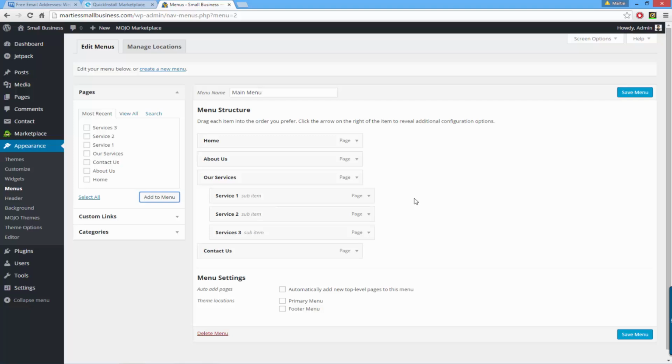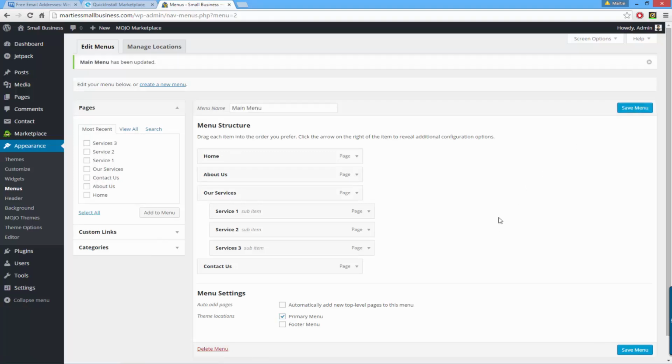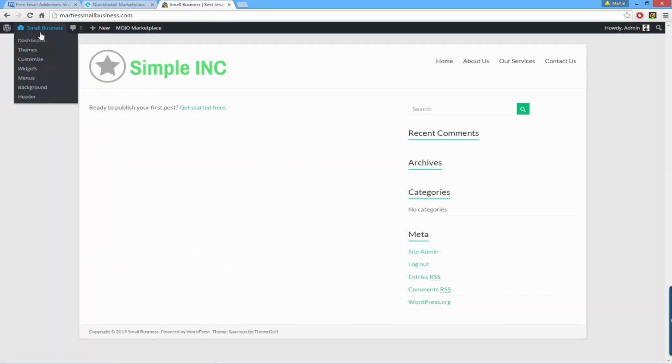Once you've got everything in order, the last thing you need to do is just check the box beside where it says Primary Menu, and then click either in the bottom or top right where it says Save Menu. Once the menu's been updated, we can just click our site title at the top, and we'll see our new